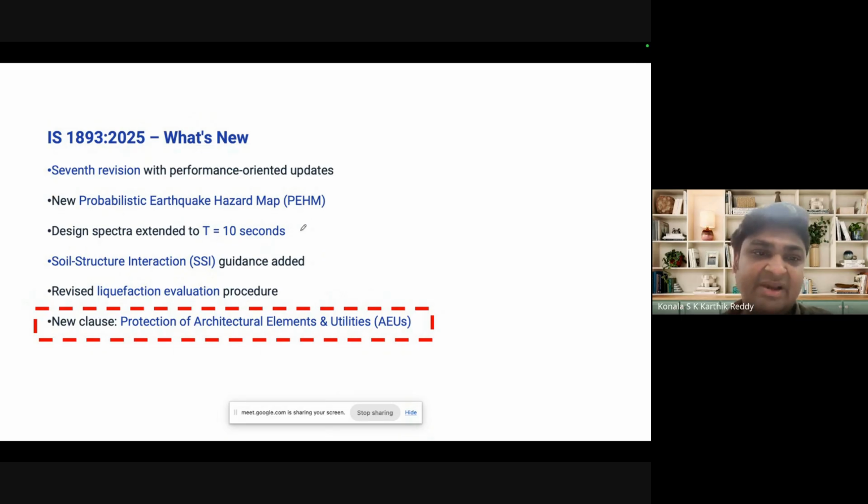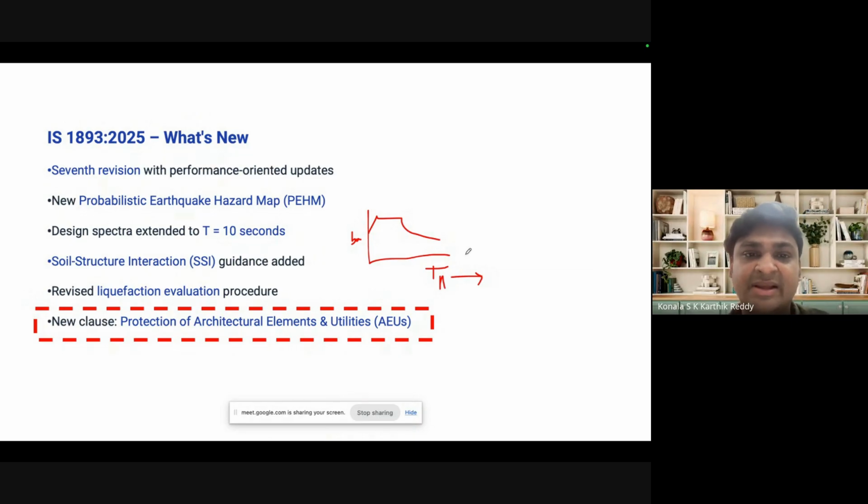And then we also have the response spectra. I think you might know that a response spectrum shows how a band of structures exhibits some natural periods. You have the natural period on the x-axis, and spectral acceleration, which we call Sa, on the y-axis. The previous codes were limited only to 5 seconds, but now in the present code it has been updated to 10 seconds, which means you can estimate the lateral acceleration coming onto our building